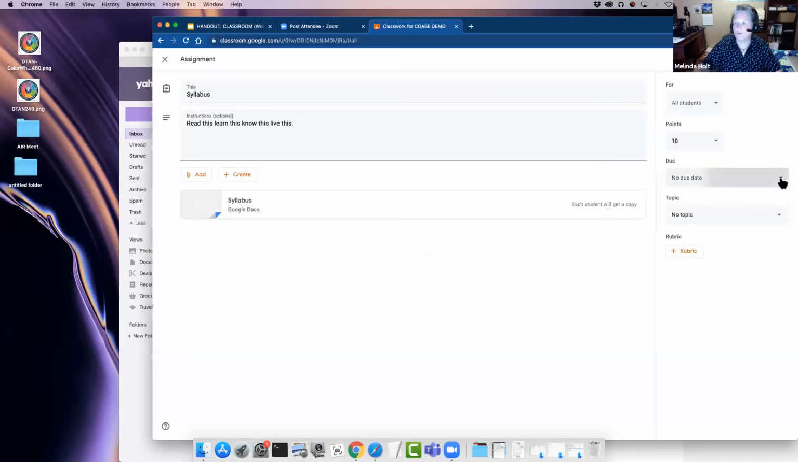You can change the due date, right? That was also an option that I didn't cover. You can also assign it a topic. So right here, if I want the syllabus to go in Unit 1 and only Unit 1, that's where it would appear. I think the syllabus should be a topic unto itself, basically, so it appears at the top, so that when students